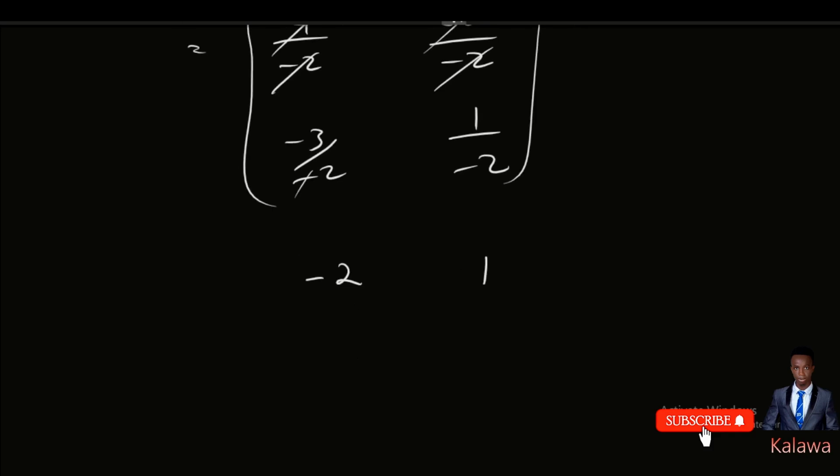For this one, they cannot be divided evenly, but minus divided by minus is plus, so it's going to be 3 upon 2, and this is going to be 1 divided by minus 2. For mathematical purposes, we always write the minus sign not in the denominator, but at the division sign. So this is the answer, and this is how you solve for any given